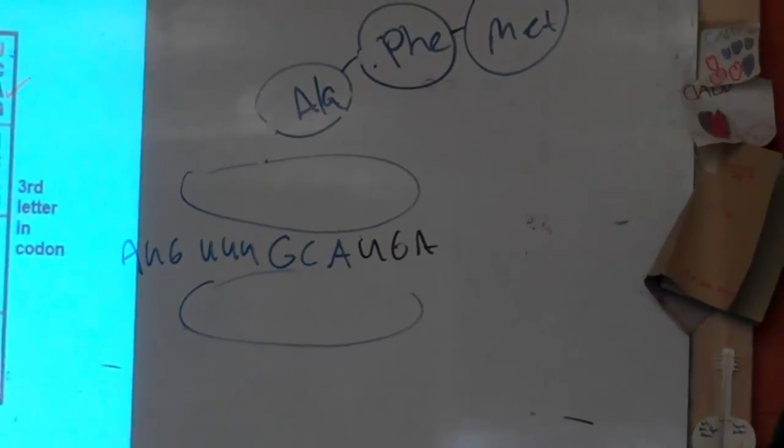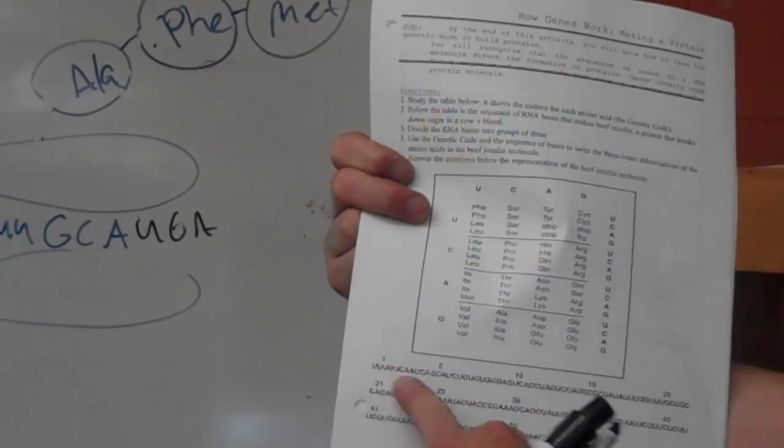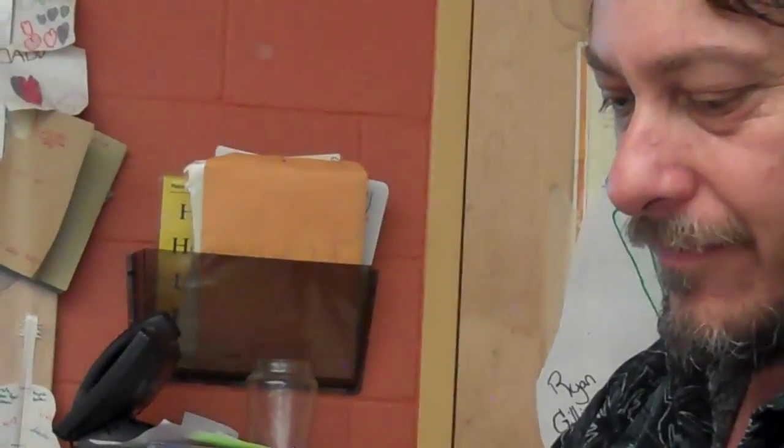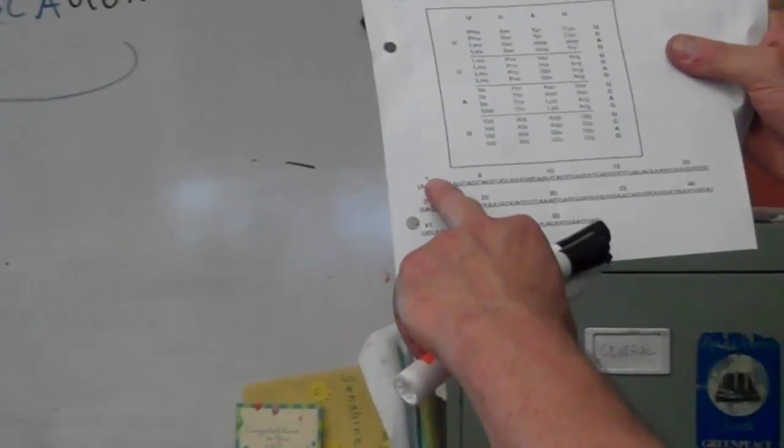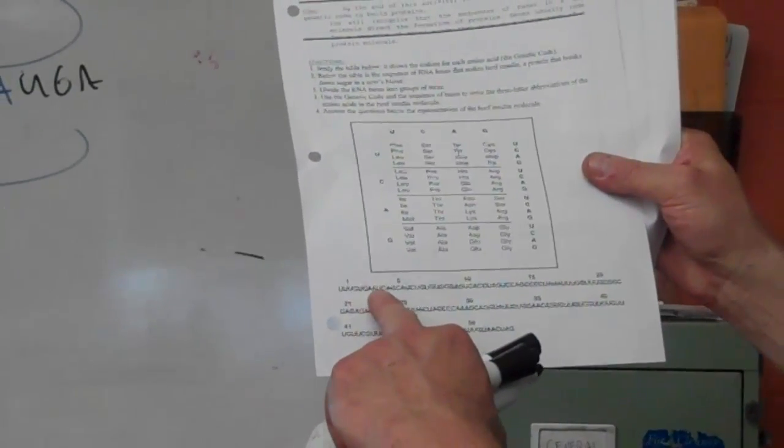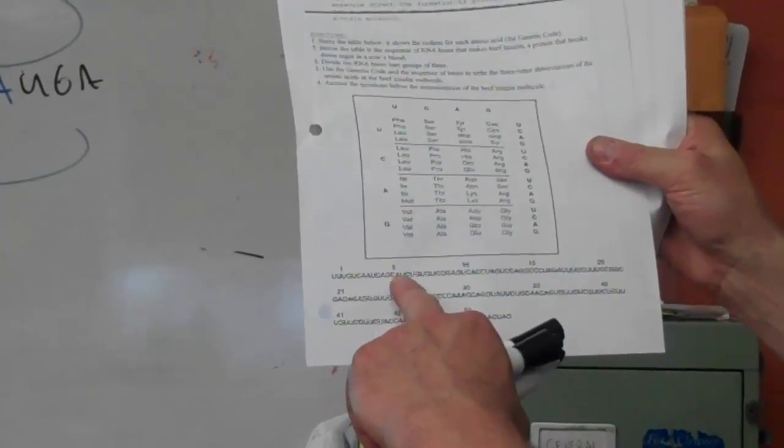Okay, so what you're going to do, ladies and gentlemen, you will notice there is a strand of messenger RNA here. It does not have a start codon, you just start at the first one and you go all the way through. You'll also notice that on the back is a bunch of circles. The circles stand for each of the amino acids, and so the one with number 1 is your first group of 3. Second 3, third 3, fourth 3. Fifth group of 3 is the one under number 5. What you want to do